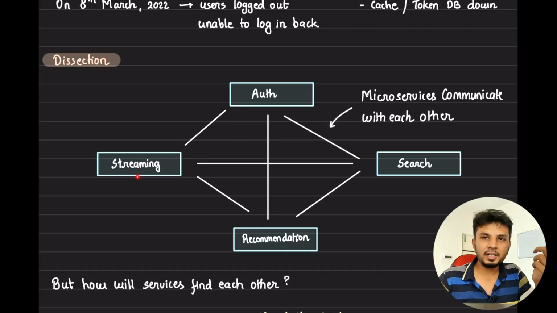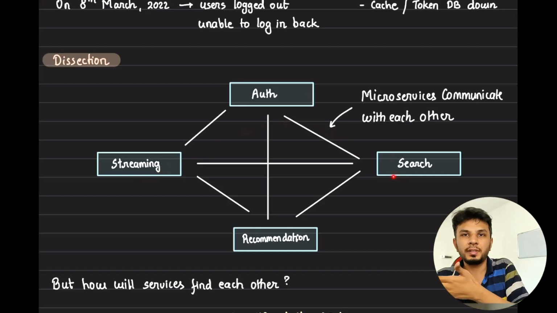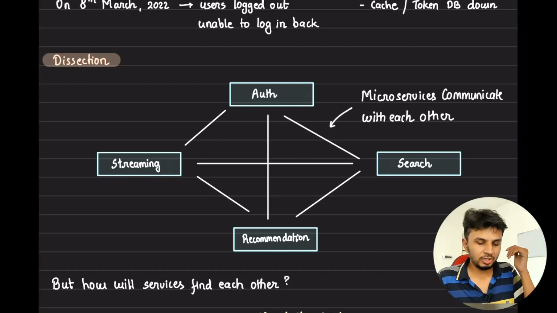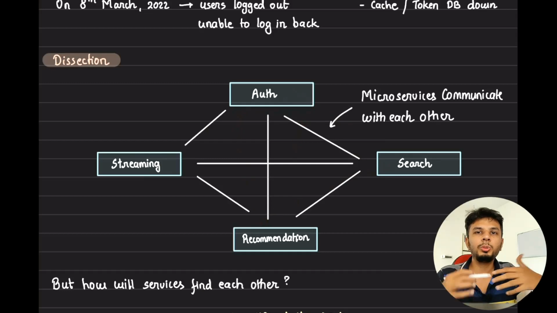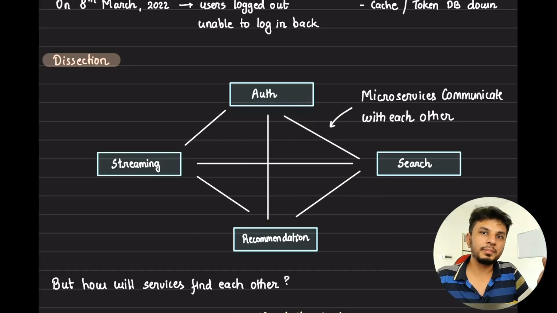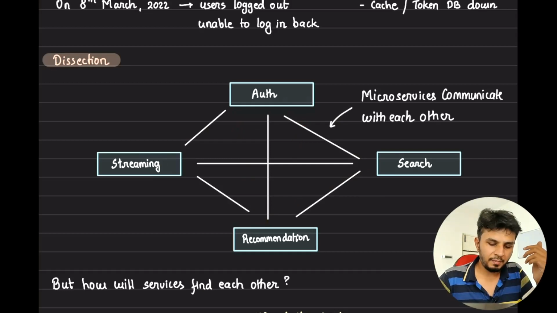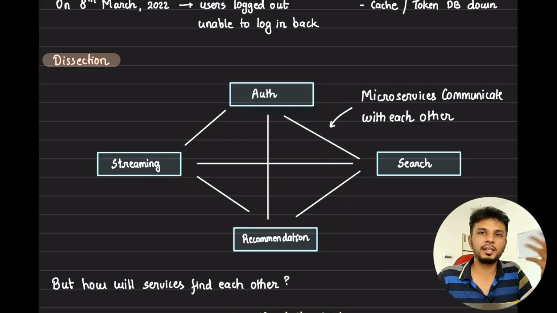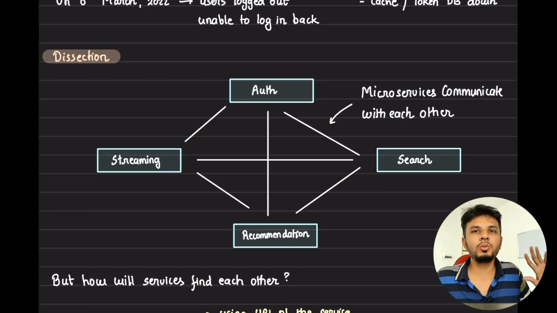So that's where one service needs to talk to some other service to get some data. That is where microservices need to talk to each other synchronously in some cases and asynchronously in others. When microservices want to talk to each other synchronously, they might use some way to do it.